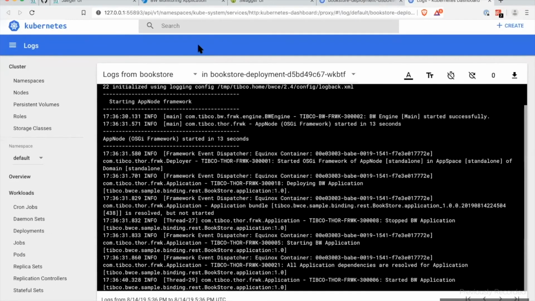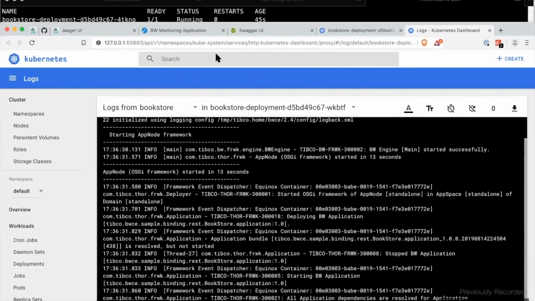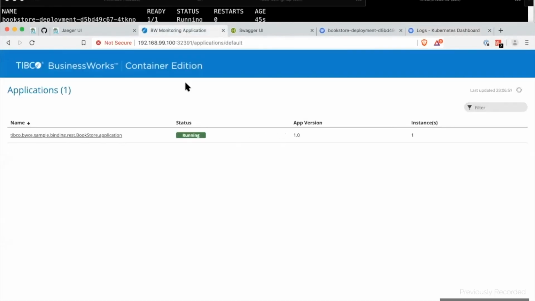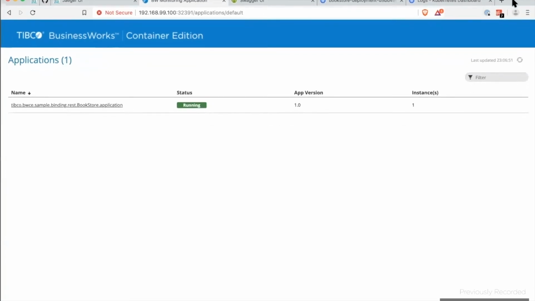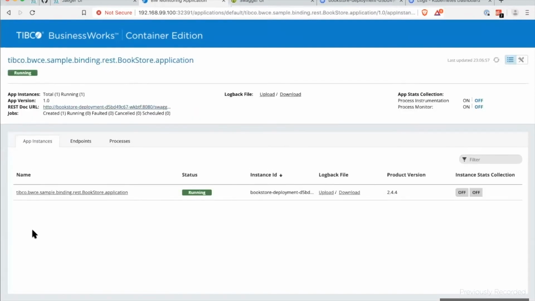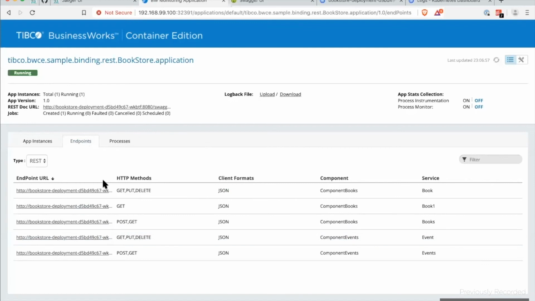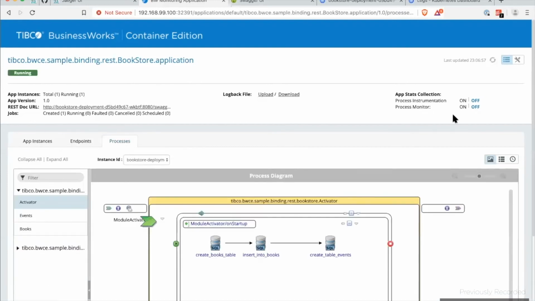Yeah, started BW application. Go back to monitoring, refresh, and I can see my app automatically registered here in BWC mod, right? And for those of you who've tried out BW6, this is very similar. You see app instances, you can turn on instance-based stats collection, you can see all the endpoints from that particular service, you can see process diagrams, you can actually turn on things like instrumentation and say